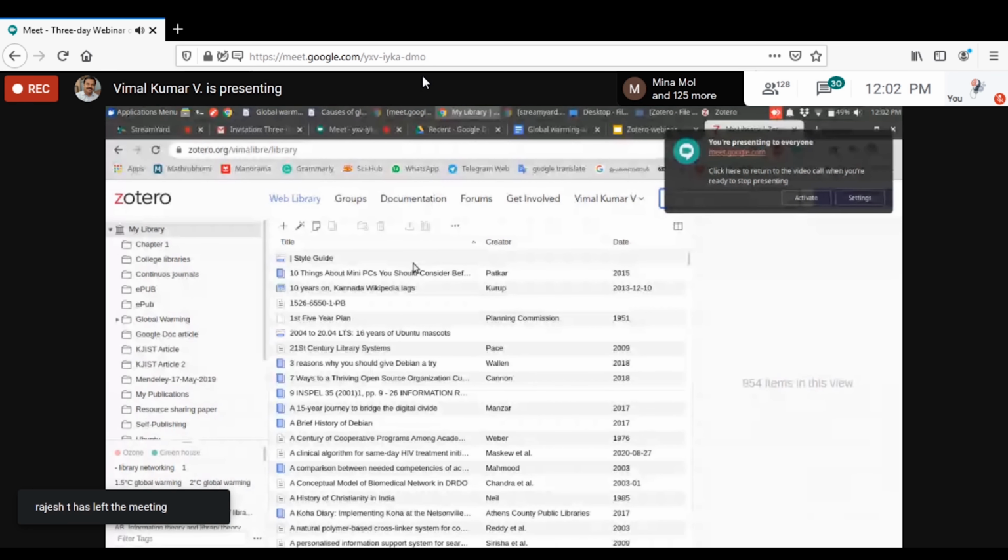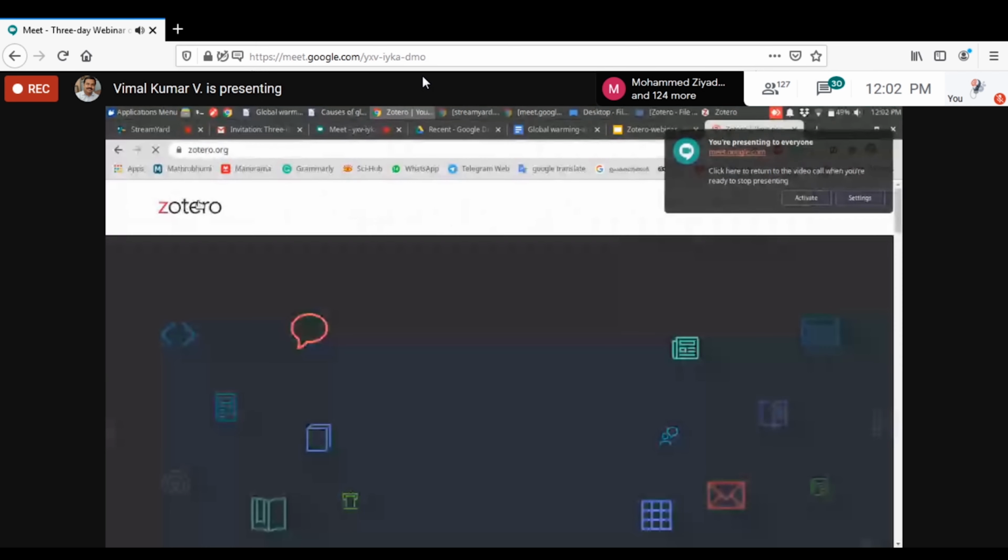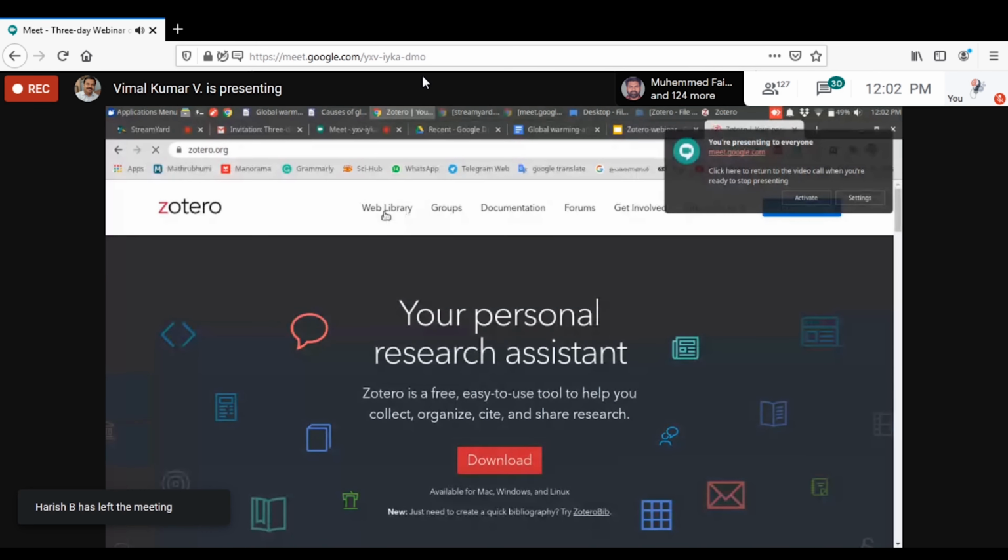Okay, we can manage the references both in the Zotero desktop client installed in your PC, and we can also manage the references from the web interface. When we log in to the Zotero website, you can also see the web library there.